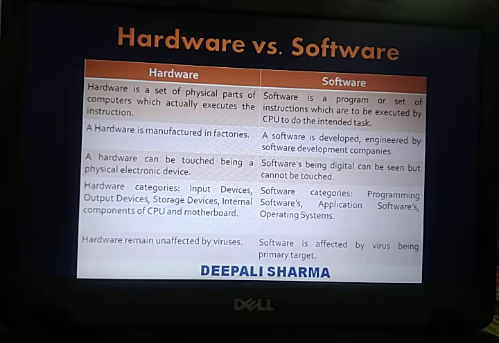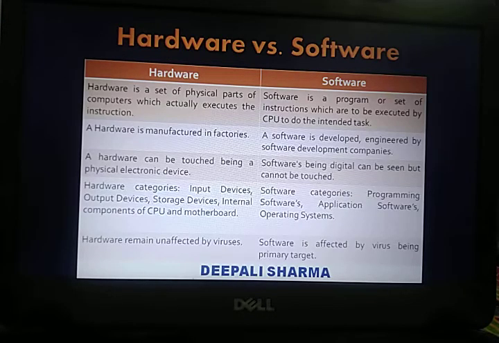The next category is hardware categories: input devices, as we have already discussed, keyboard, mouse, etc. Output devices, your monitor, printer, and storage devices we have already discussed, and internal components of CPU and motherboard. These all are your hardware devices.